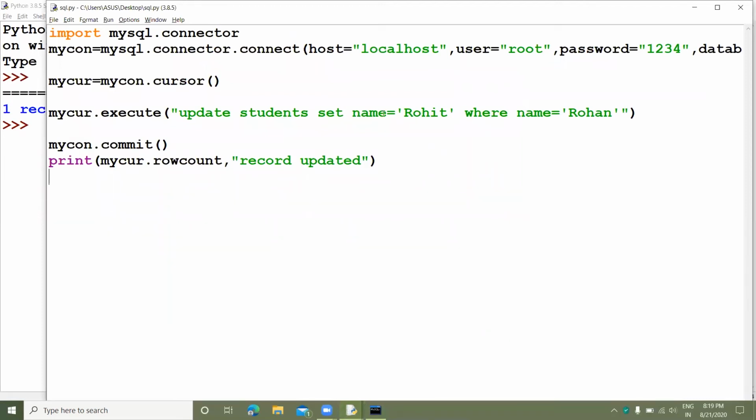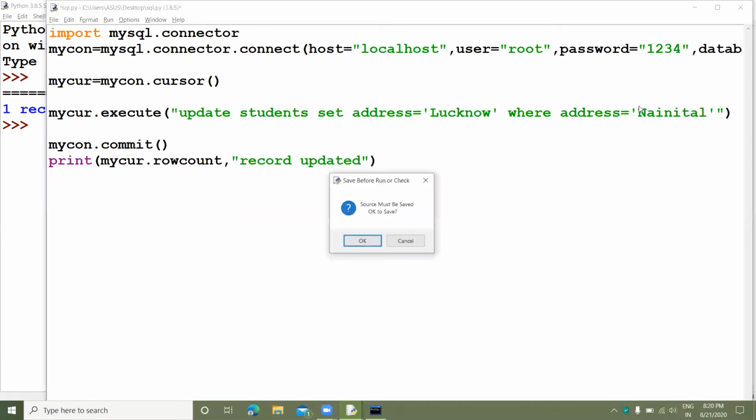So update student set address Lucknow where address is Nainital. Okay, so let's run this program.